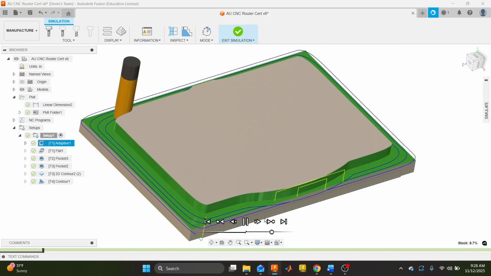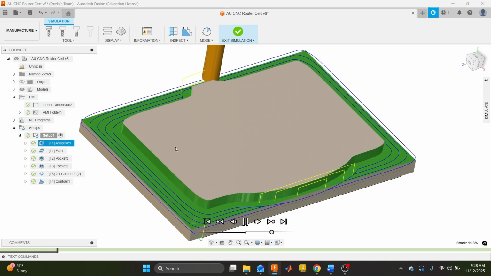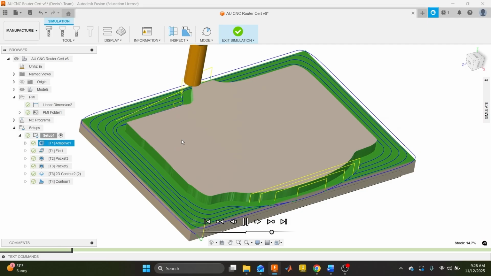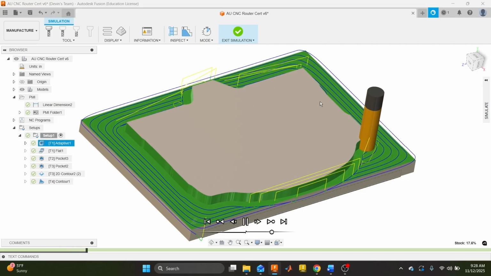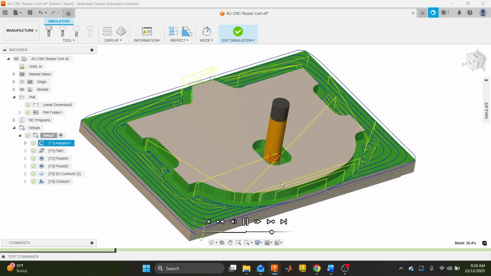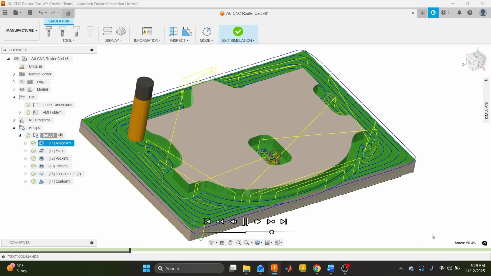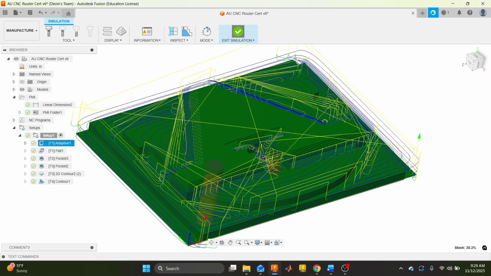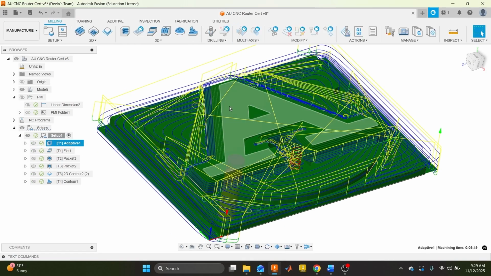An adaptive is essentially going to figure out the best way to remove that material. It's doing some funky things here, but according to Fusion, this is the most efficient way to remove that material. So we're going to go ahead and X out of the simulation, and we'll move on to the next operation,